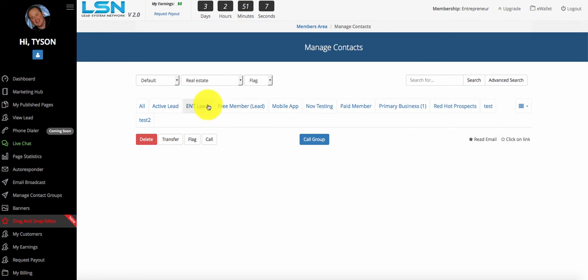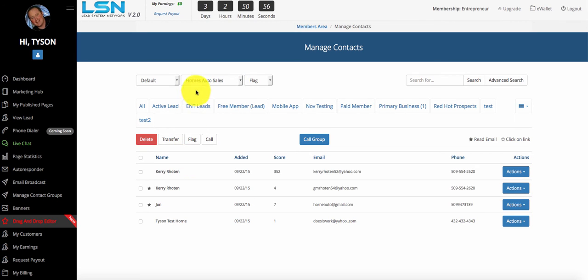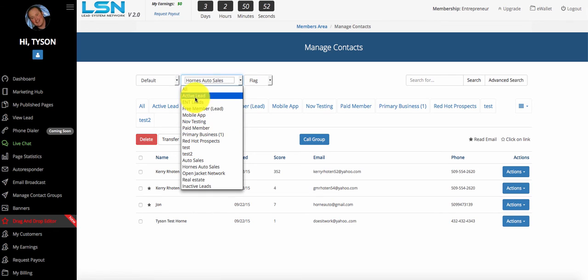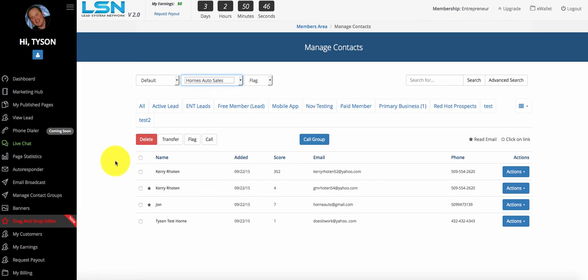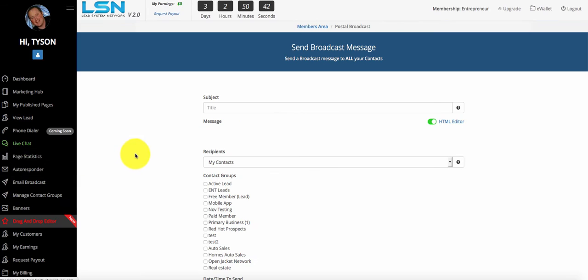So for instance, if I had leads relevant to real estate capture pages, they would show up here. If I had one, I have this auto dealership, if they had any leads, they would show up here. Just different contact groups also allow you to be able to go to the email broadcaster over here, and when you want